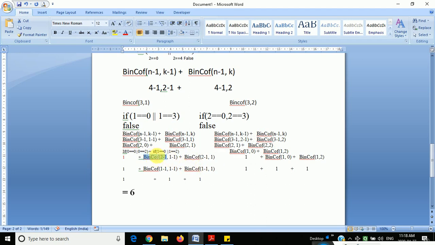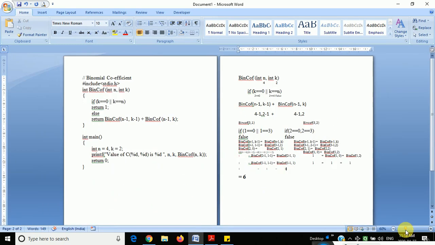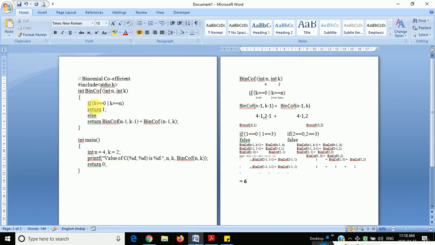Again, if the condition is false, binomial coefficient will be called again. Same thing, it will keep subtracting until it returns 1, until the k value becomes 0.